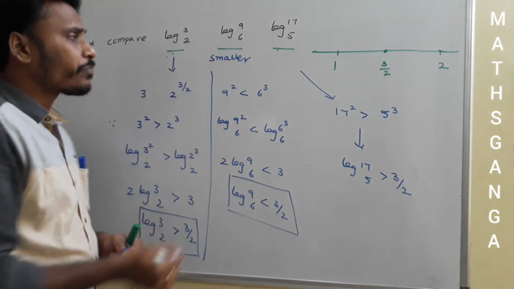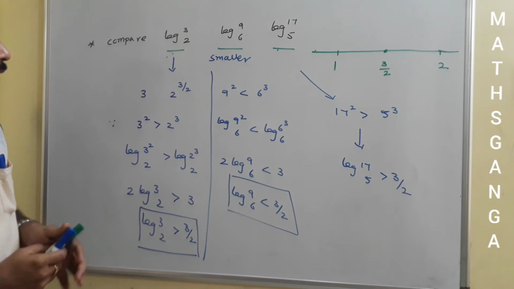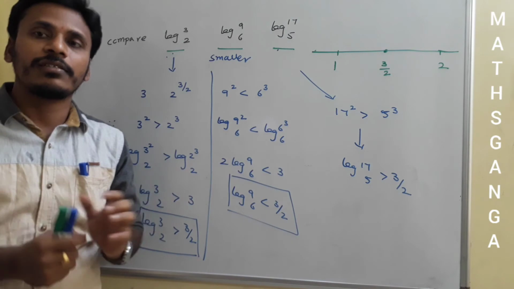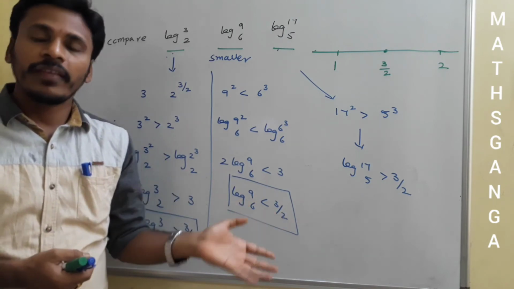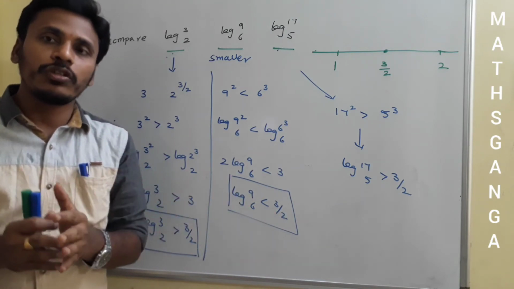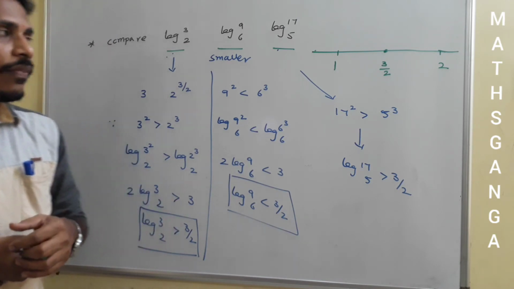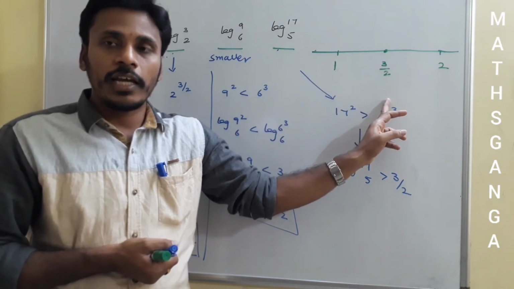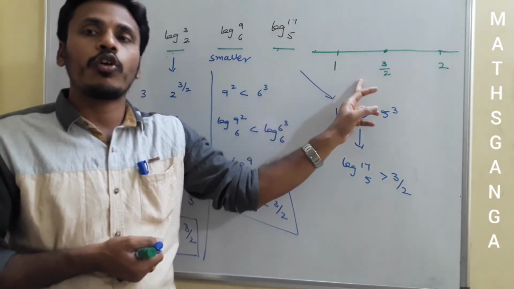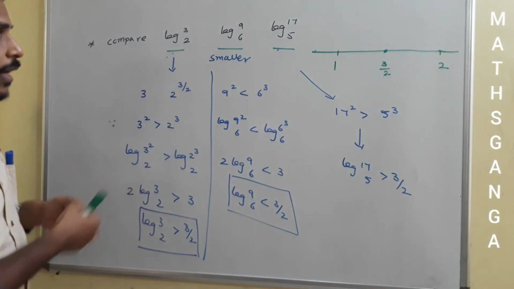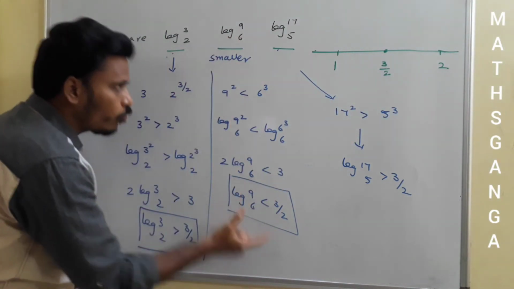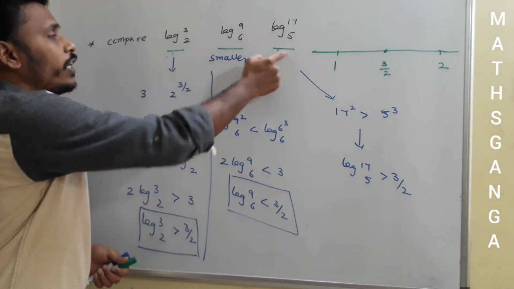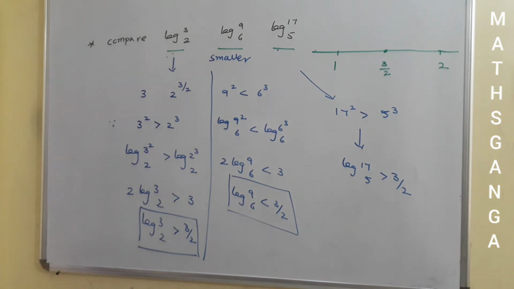Okay, right. So once again I am giving the idea, the plan. So we are going to compare these three logarithms. First of all, it is very clear that these three values are greater than 1. Okay. In the next step, with reference to 2, these three values are less than 2. Then at the end, these three values are located in between 1 and 2. So take 3 by 2 as the reference, to see which of these three numbers are less than 3 by 2 and greater than 3 by 2. So if you search in such a manner, this middle number is less than 3 by 2 and these two numbers are greater than 3 by 2. And the next task, we need to compare the first one and the last one. Okay, I am going to do that comparison.